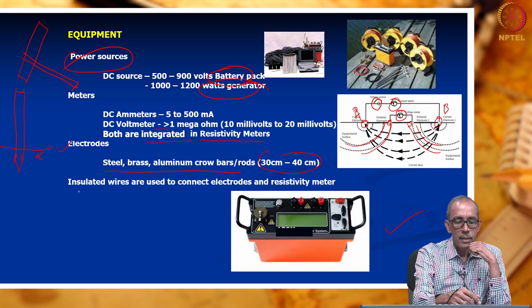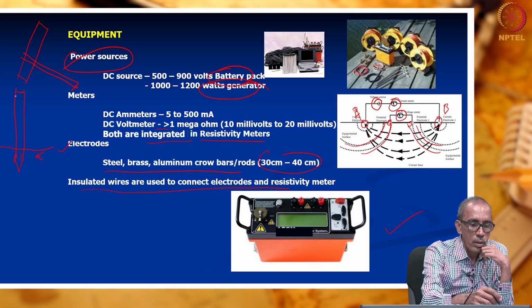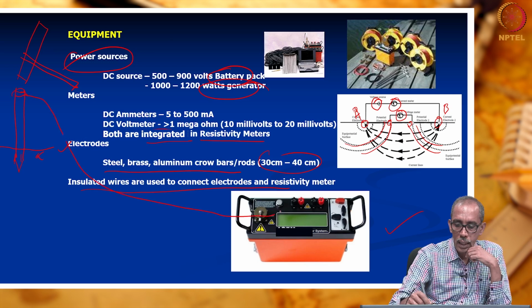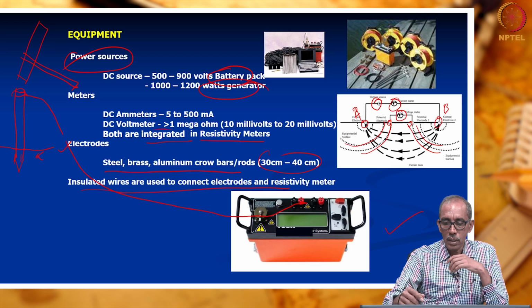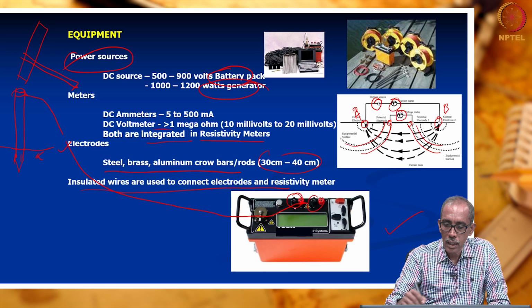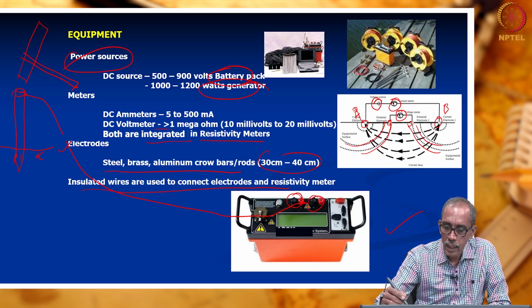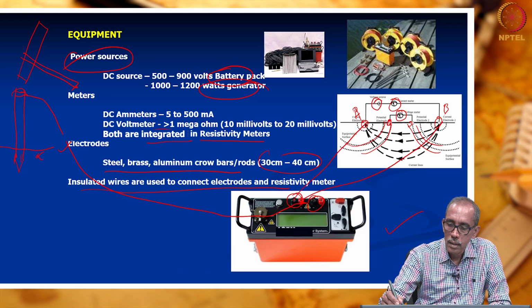Then we need some cables. Because we have now inserted the electrode, there should be a clamp and a cable. The cable should be connected to the resistivity meter. The resistivity meter has got 4 knobs as you see here, right? 2 for connecting current electrodes, 2 for potential electrodes. That means I will connect them to this. These are the current electrodes. So I connect one here, another one to this current electrode. This is where the potential electrode is connected.